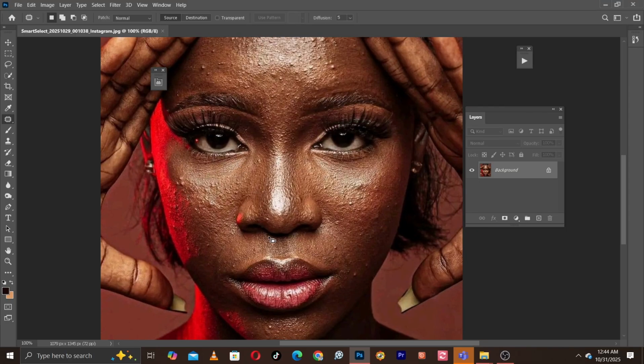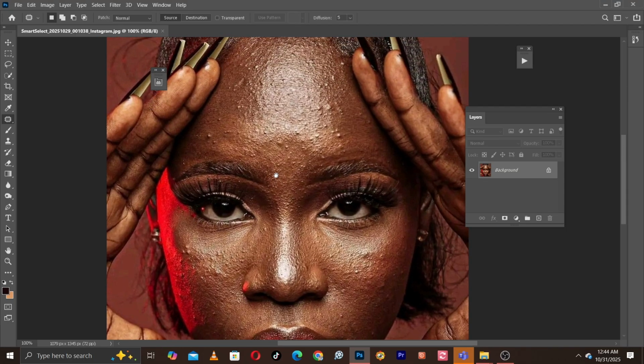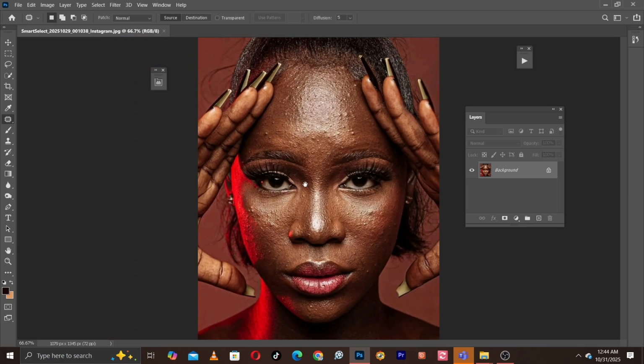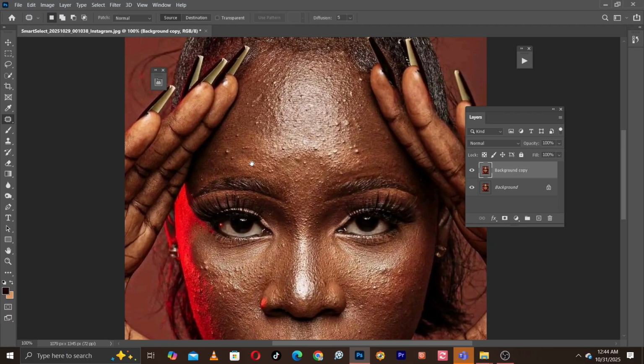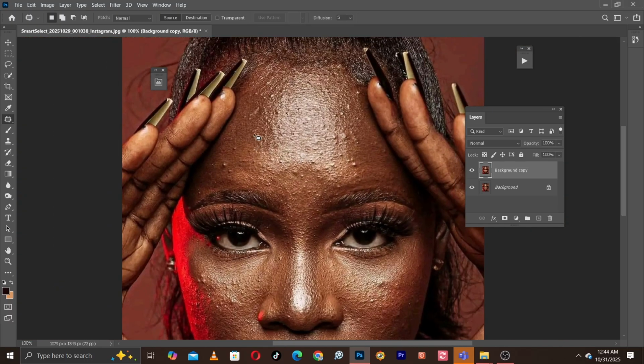This is our photo we are going to use. As you can see, it has a lot of pimples and blemishes in the face. Firstly, we are going to make a copy of this background layer by dragging it into this plus icon under the adjustments. After that, we are going to first remove these pimples and